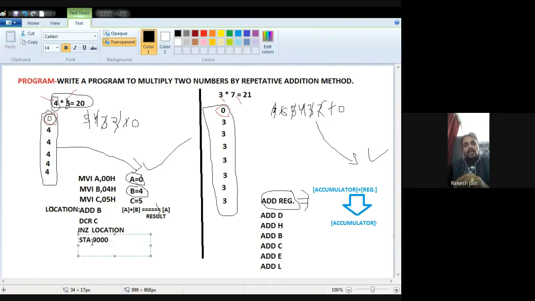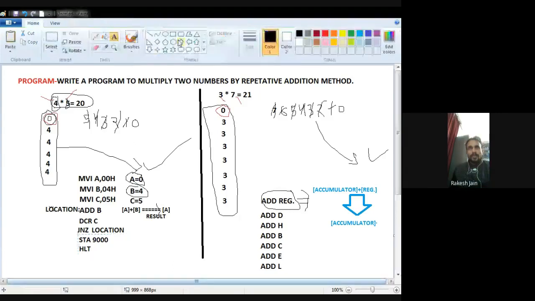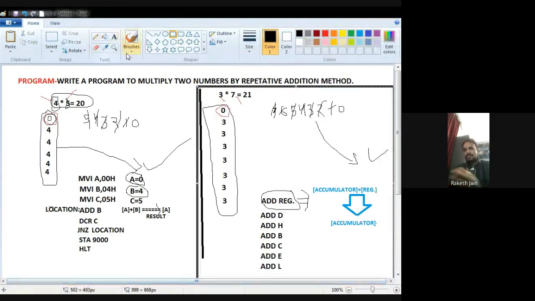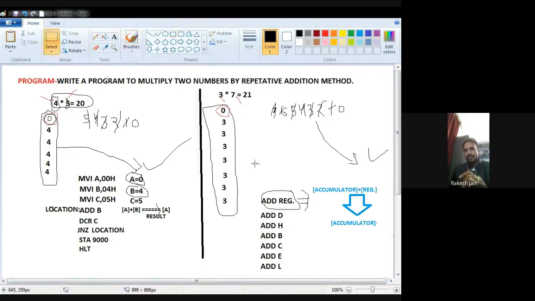But when I do the programming in the 8085 microprocessor, definitely this 20 will be in hexadecimal format, because the microprocessor only takes values in hexadecimal format and only generates the result in hexadecimal format. Okay, so at last HLT will be there, and now the program ends. So this will be a complete program for my today's objective. Now I will explain. Okay, first of all I just remove the right-hand side example.